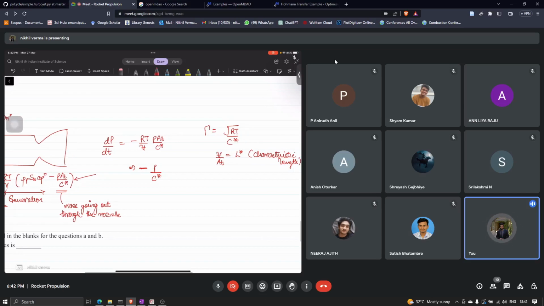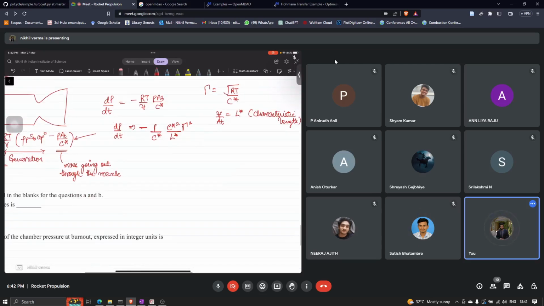If you replace this RT, you will get c star square into gamma square into L star. Any questions? Okay. No. Right. So dp/p, if you integrate, you will get c star by L star gamma